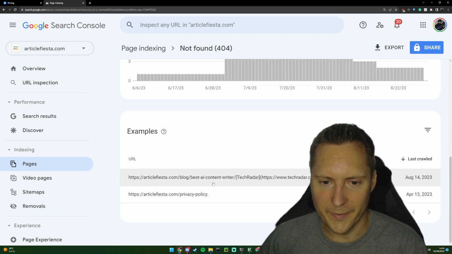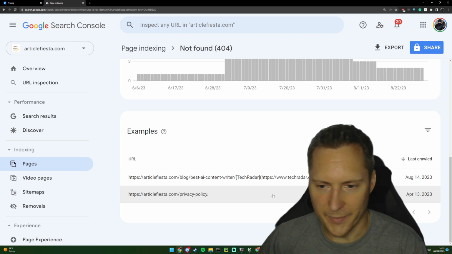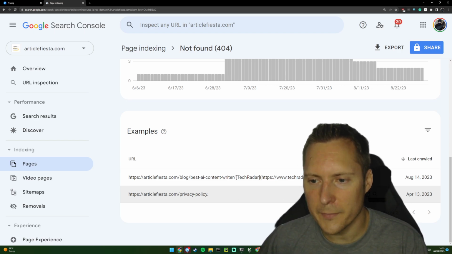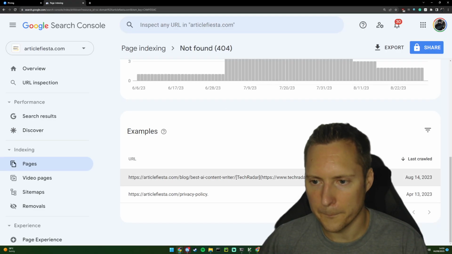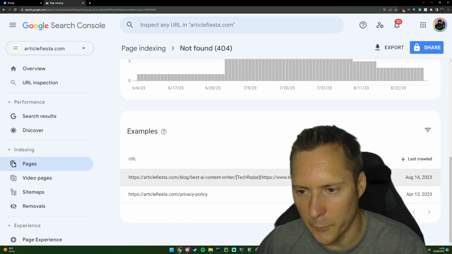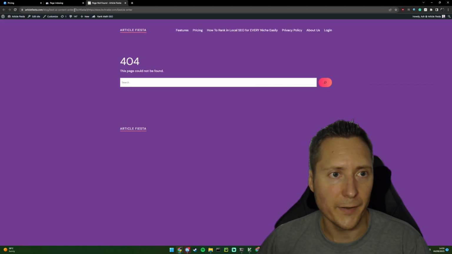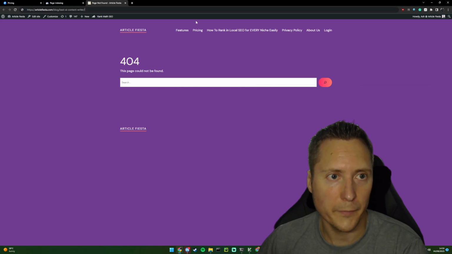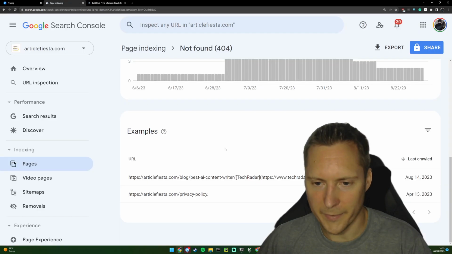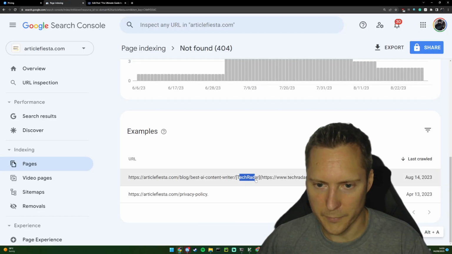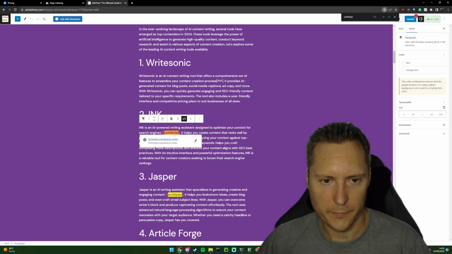404 means at a guess on that thing, I've got the link incorrect. And here again, the link is incorrect. So if I was to load these pages, I see 404 not found because it's a dot. It shouldn't have that dot at the end. And this one is because that link's broken. So I suspect that one is on this page. And if I was to edit this post and look for Tech Radar somewhere on here, so I suspect that link